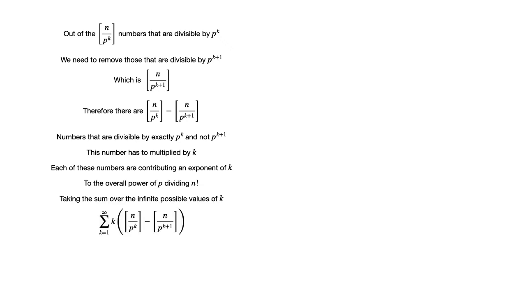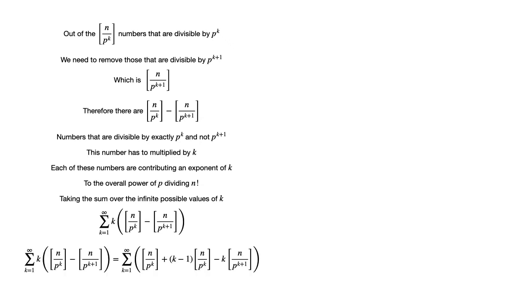Taking the sum over the infinite possible values of k, we have the sum as k goes from 1 to infinity of k multiplied by the box value of n upon p to the k minus the box value of n upon p to the k plus 1, which should result in the greatest power of a prime dividing n factorial. Simplifying, the sum as k goes from 1 to infinity of k into the box value of n upon p to the k minus the box value of n upon p to the k plus 1 equals